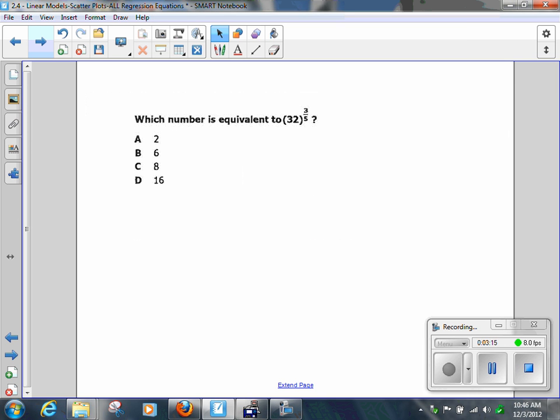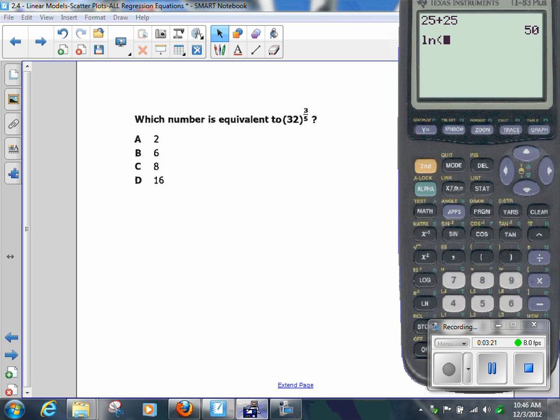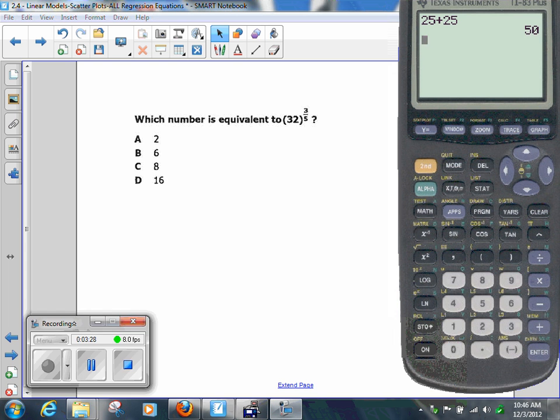Oh, total calculator problem here, y'all. If you forgot how to do this, which number is the index, all that stuff, oh my Lord. Calculator, 32 raised to the parentheses, 3/5 power. Hello, 8. We want an SOL full of these. You may have one